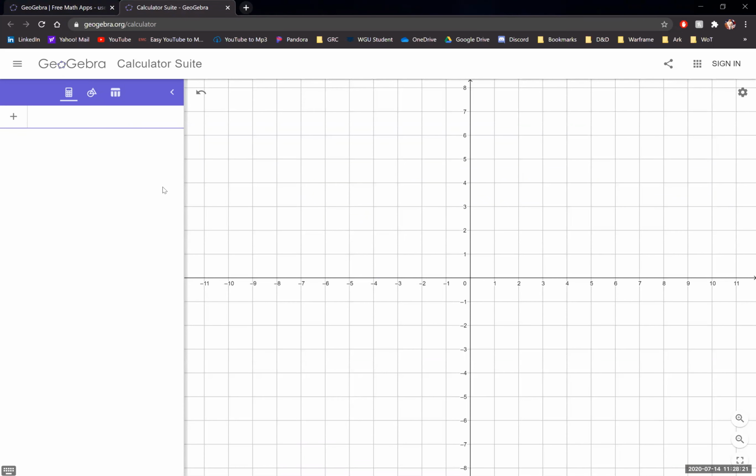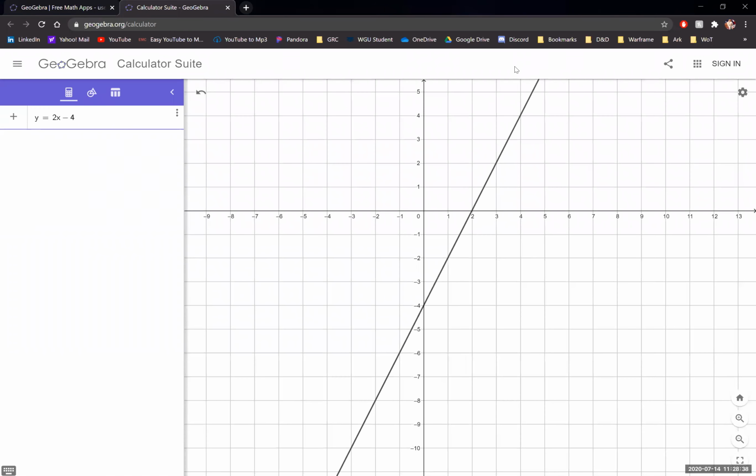So I'm going to create an equation here. And let's go with, let's say, y equals 2x minus 4, because why not? Okay. So as we're solving for this thing graphically, I need to find 2 points on this graph. It does not matter which 2 points I choose. I just need to choose 2 of them, and then I can move forward with this. So I'm going to zoom us in here a little bit.